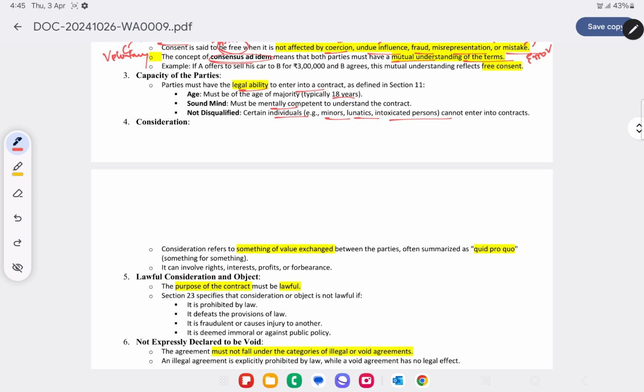Now this is again very important. So who are competent to enter into a contract? So basically